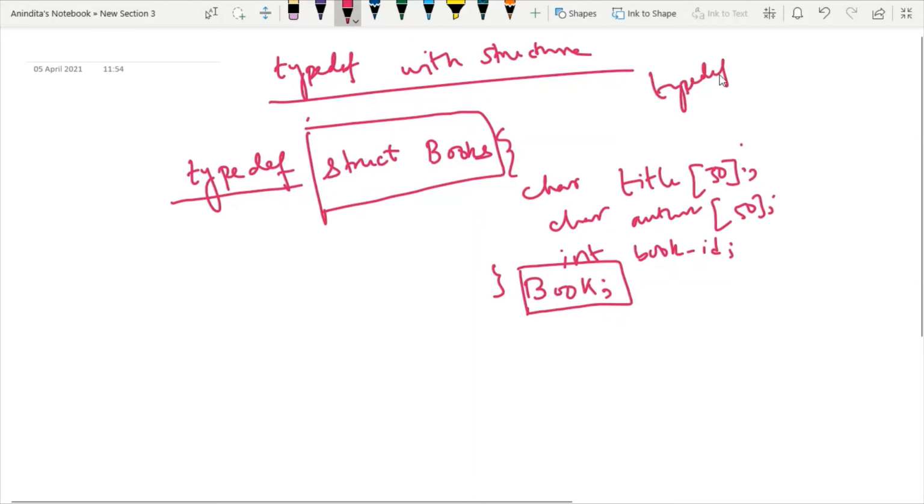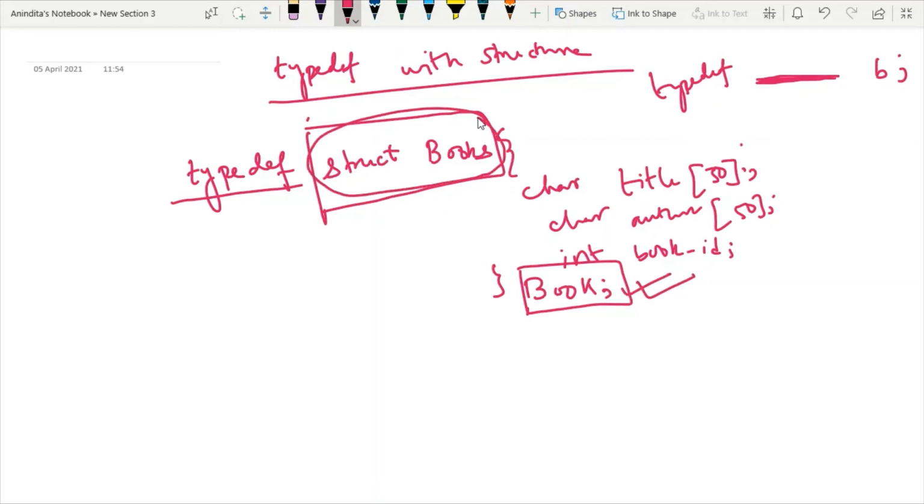Typedef keyword and then the long word that I want to represent in terms of some abbreviated form. So this is your abbreviated form, and this is your long word, struct books. Using typedef, you are just providing a nickname for this struct books.